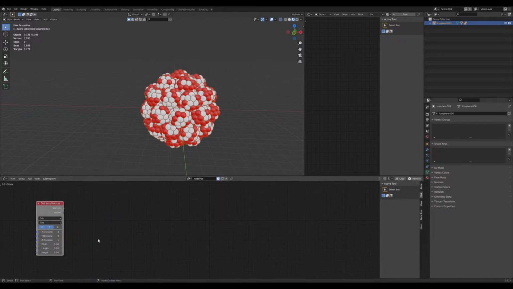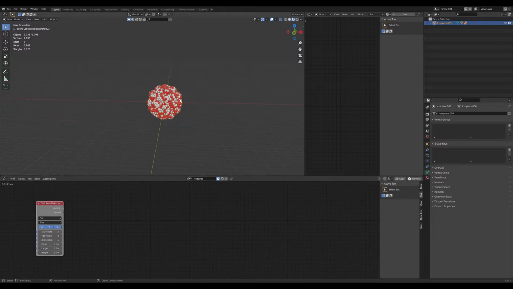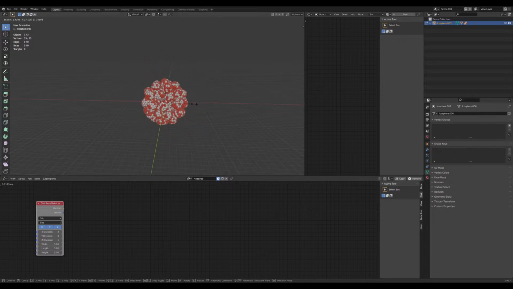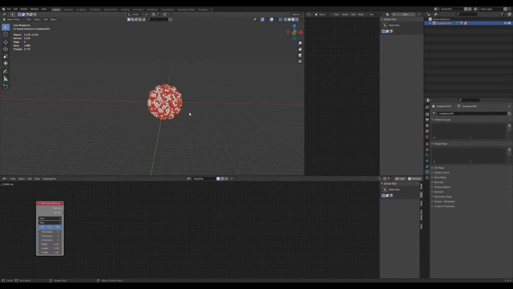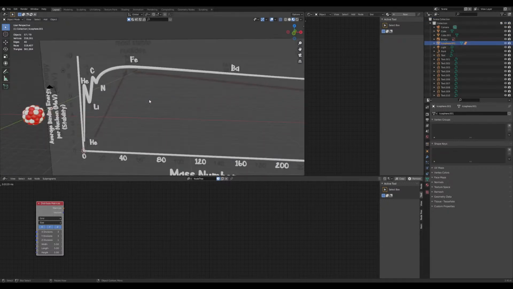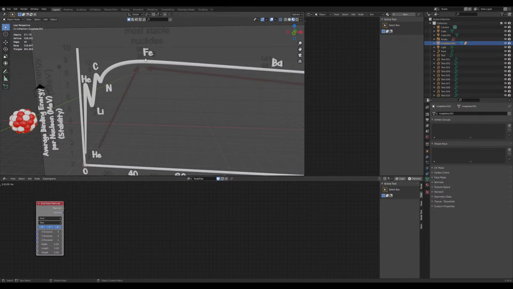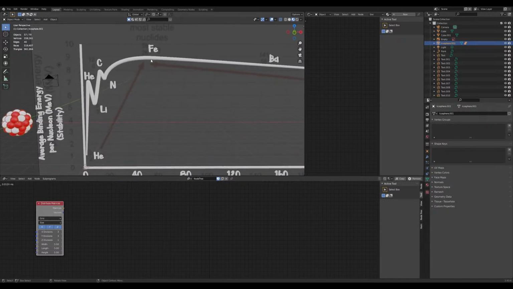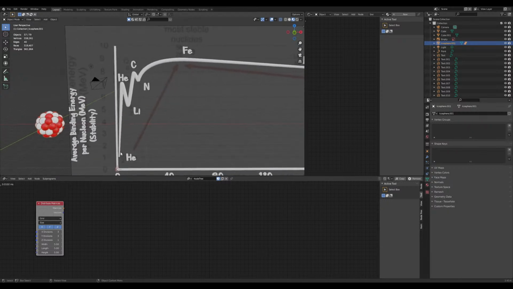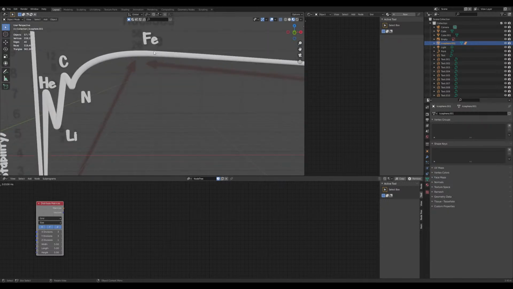But anyway, what happens is as the core of a massive star collapses, you imagine all these nuclei of iron as they start to collapse, it's going to get insanely hot and it's going to produce gamma rays. Now iron, as we can see in this previous scene, is the most stable nuclear arrangement. So if you give iron more energy, it's not going to, whereas before if you gave any of these atoms more energy, they would get more and more stable, and that's why fusion happens. But when you give iron more energy, it can only